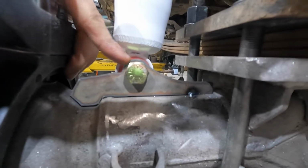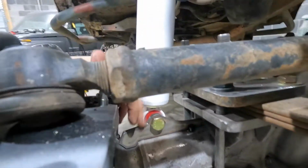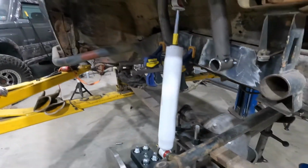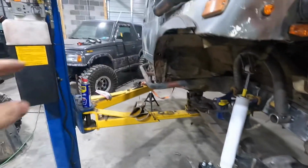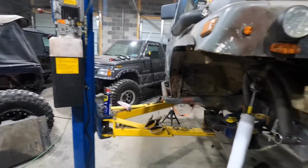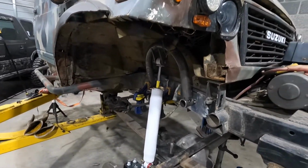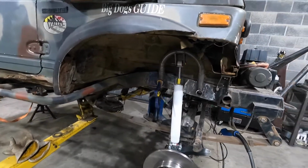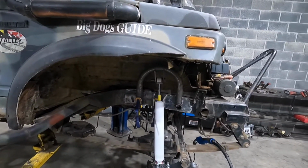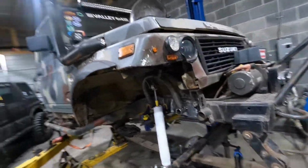If you see this thing here, I'm going to make that a little bigger so it covers the bushing a little more. That's the same bracket I used on the Sidekick when I built it. So if you watch that video, that's pretty much how I figured that one out. So yeah, I got this side all figured out. Like I said, I just need to recut the brackets, make them longer, and get them on. So anyways, I'm gonna get to programming, cut them out,